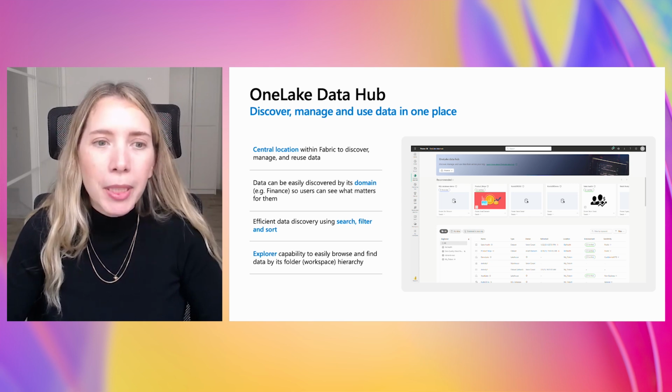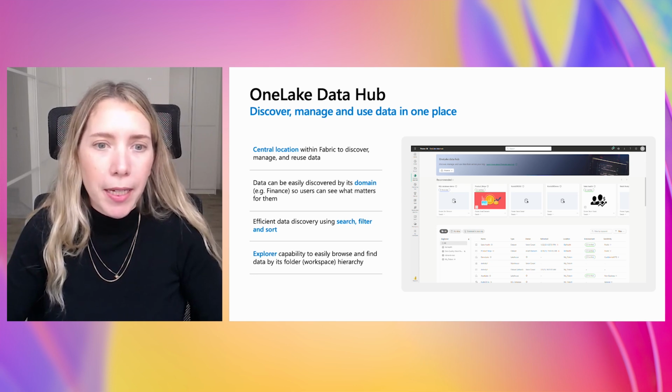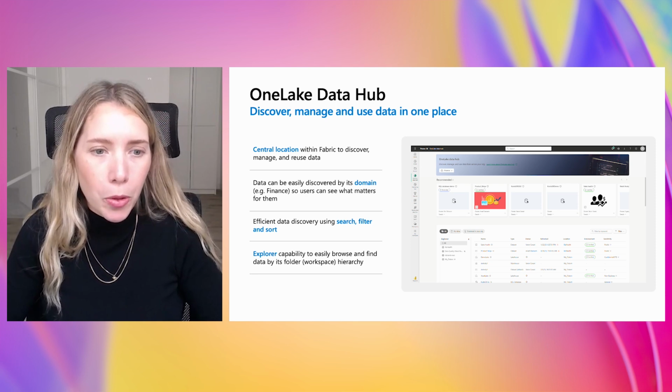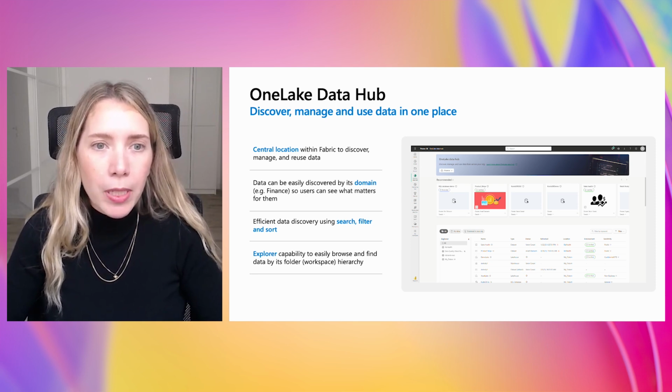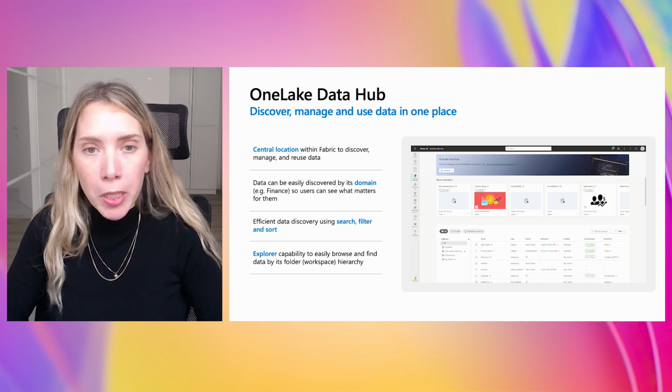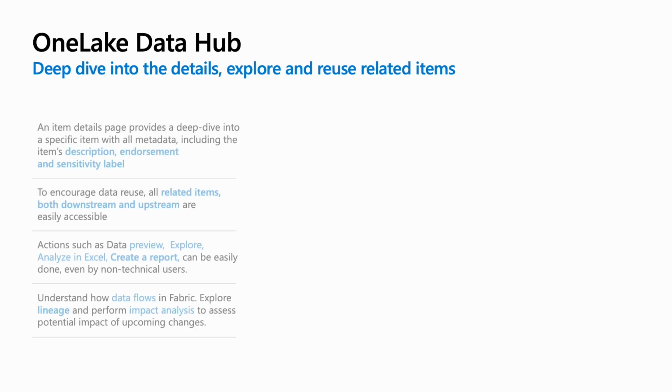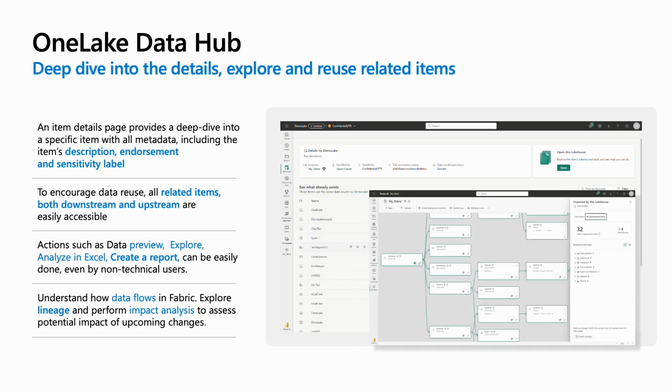Data can easily be discovered by its domain, for example, finance, HR, or sales, so users find what actually matters to them. It allows efficient data discovery using advanced search, filter, and sort. And it also allows exploring by hierarchy of workspaces, so data can be easily discovered. Once you've selected an item of interest, Data Hub also allows a deep dive into details, exploring and reusing related